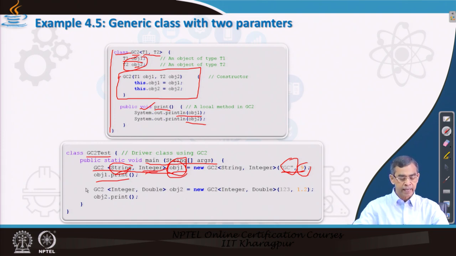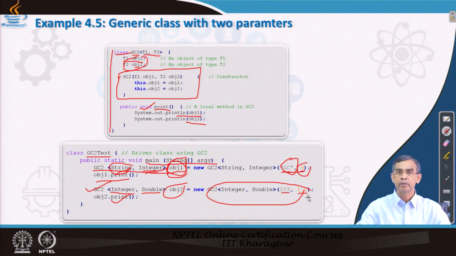Again in the next execution we create another instance OBJ2, but here the first type is integer, the second is double, and we pass the values, this one as an integer and a double, and we print it. So, it will print 1, 2, 3 and 1.2 in this case. So, what we have understood here